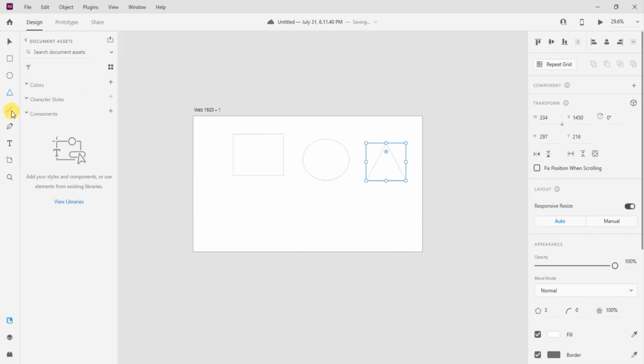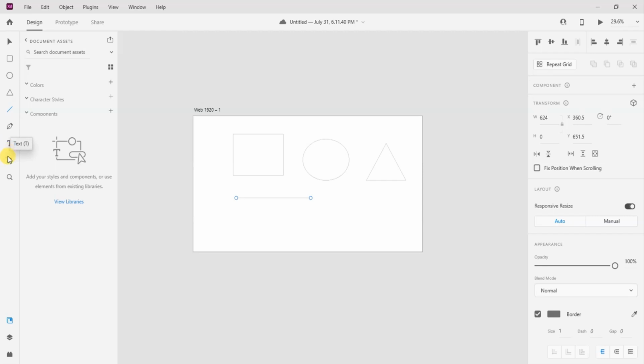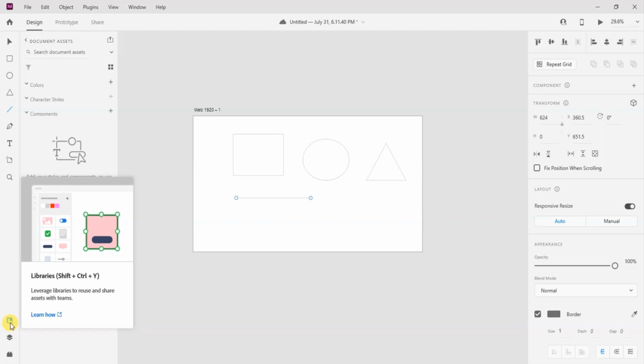You can change the size. Soon I'm going to get into that. So we have the line tool. If you hold shift, it will draw a straight line. So we have the pen tool, we have the text tool, and we have the artboard tool to create another artboard just like this. And we have the search tool. And just below here, you have some useful things as well. This is the